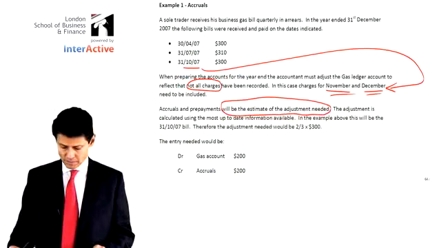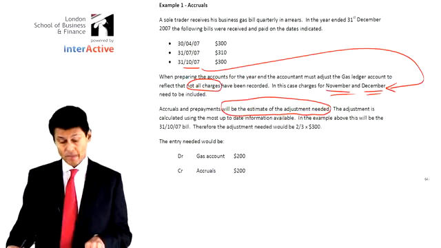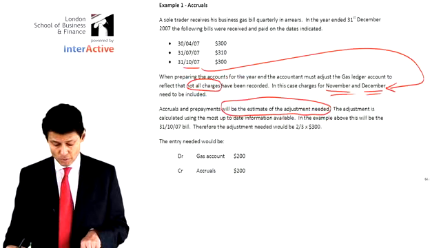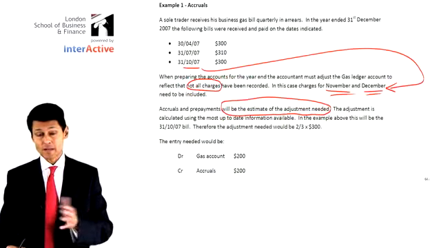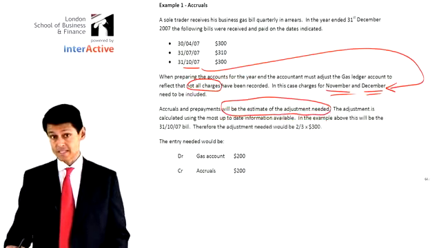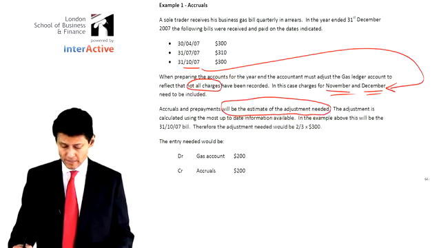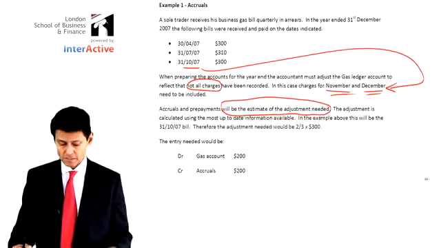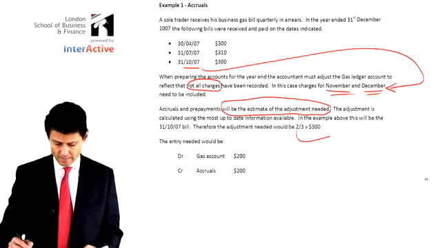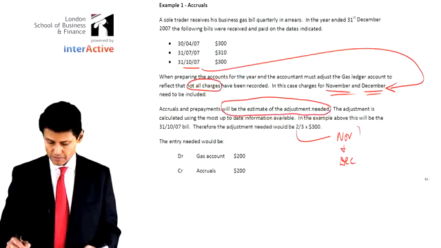Accruals and prepayments will be the estimate of the adjustment needed. The adjustment is calculated using the most up-to-date information available. In the above example, this will be the 31st of October bill because it is at that price, especially with gas prices in different parts of the world going up and down all the time. It's useful to go for the latest as the best estimate of the future. So here it's 300. Therefore, the adjustment needed would be 2/3 of 300 on the grounds that 2/3 represents November and December of 2007,